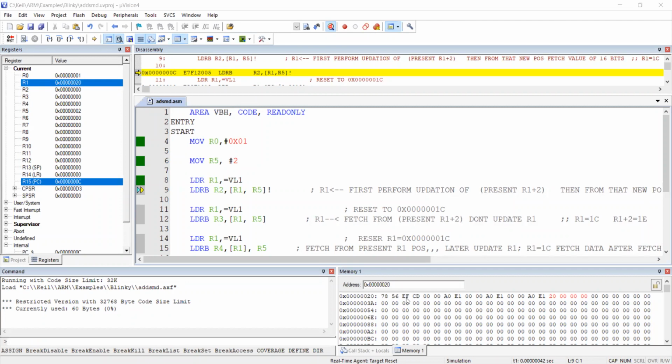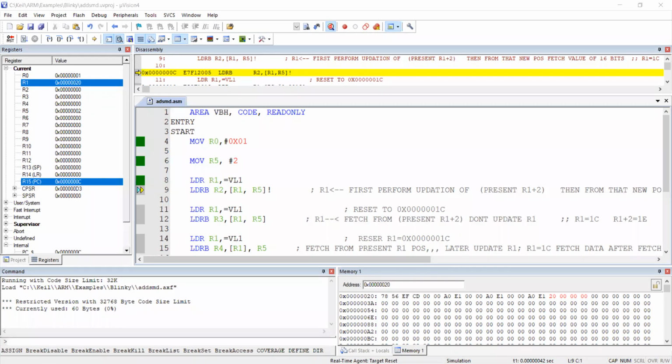What is the value present in the 22 location? Here you see this 78 is present in 20, 56 is present in 21, and EF is present in 22. So what can we expect in R2? EF. Also, what should we change? R1? Yes.